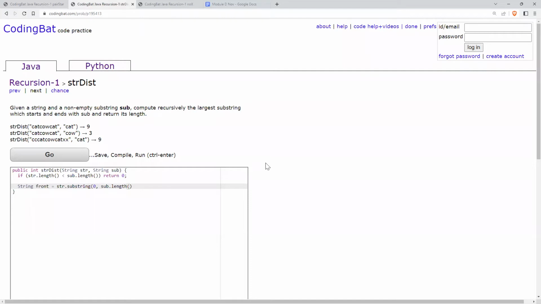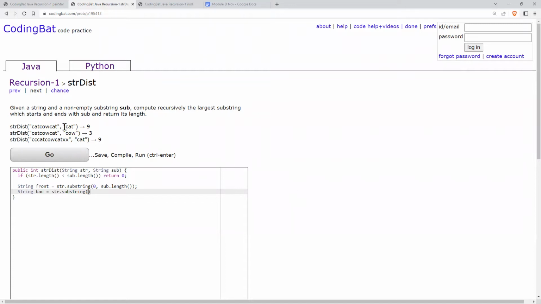Will this substring be equal to the length of sub? Right. And similarly, I want string back is equal to str.substring. I want to go from